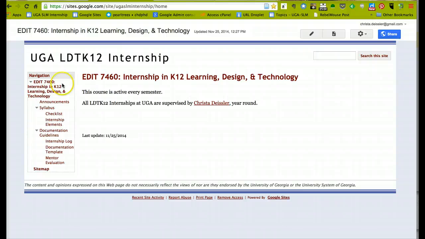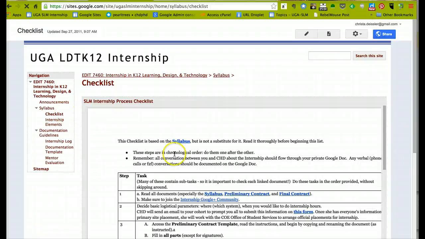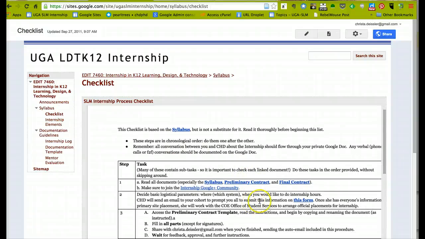That's the website. So go ahead and read that for now. That's the main thing that I need you to do. And then we'll be posting more later. Oh, the one other thing, the really big thing that I need you to do. So in the syllabus, the checklist of things that you're supposed to do, once you start acting on that checklist, this form. That's really, once you've read everything, the first major step that I need you to take is to go to this form,